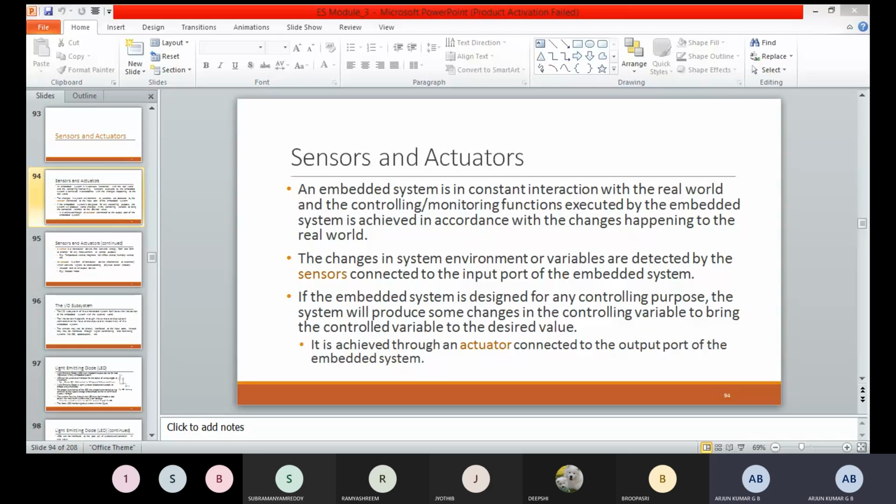But the sensor is also a transducer. The real time values will be converted to another form of energy that should be given to the microcontrollers for controlling purposes, because the microcontroller only accepts digital values, digital set of data only. If you go for a temperature sensor, it's about 25 degrees. That is an analog value that will be converted to digital signals for the embedded system to control the things. There is a difference between a sensor and actuators.